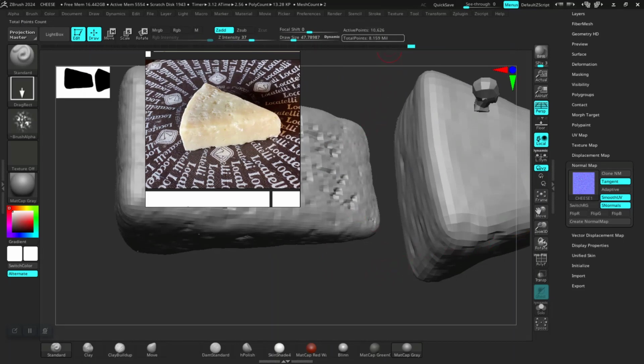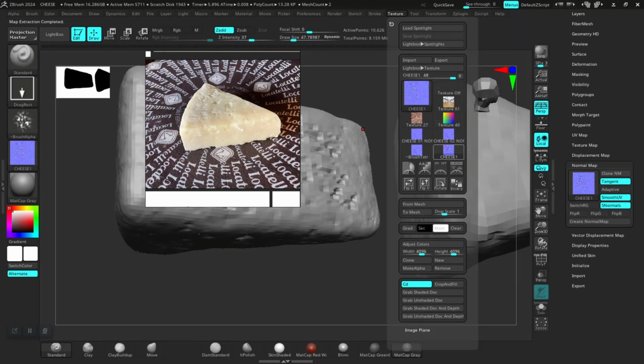Take down this subdivision level for it. And I would create a new normal map out of this, just to add another extra level of detail. So clone texture,